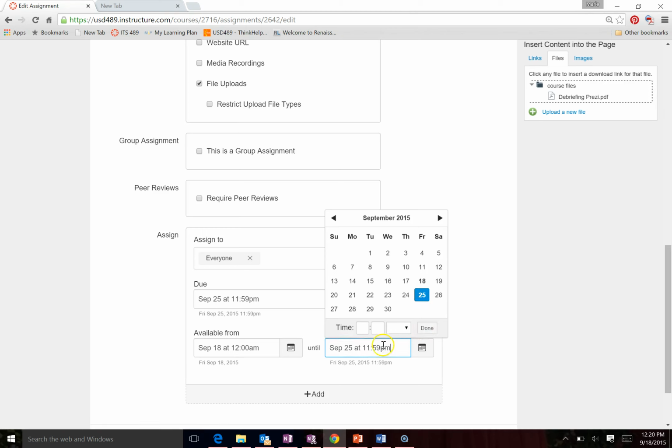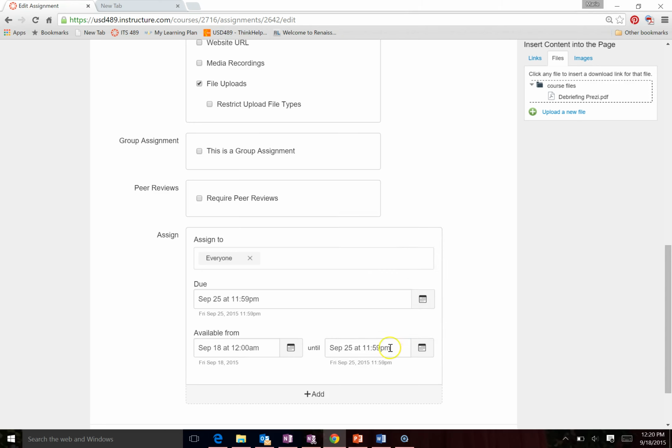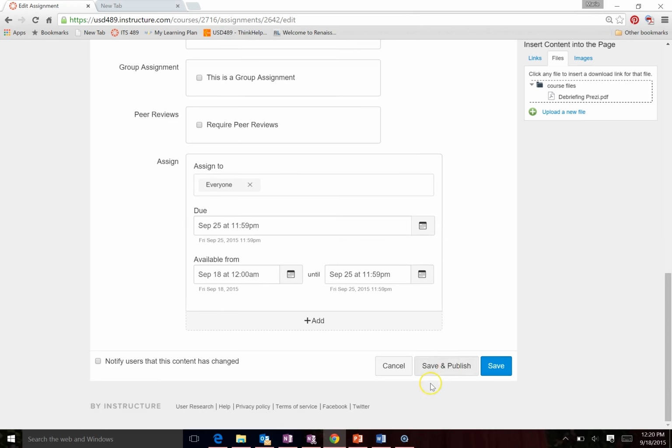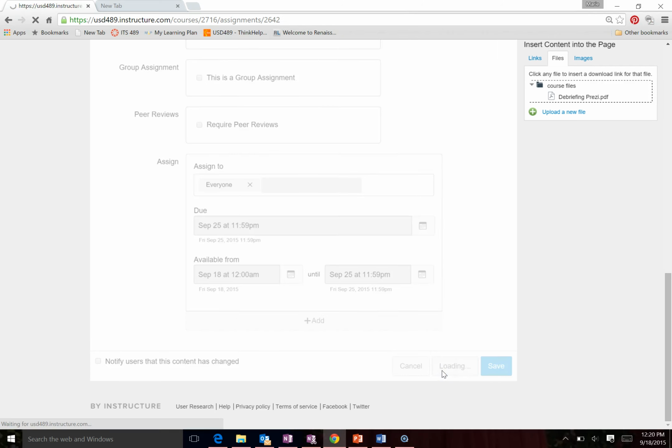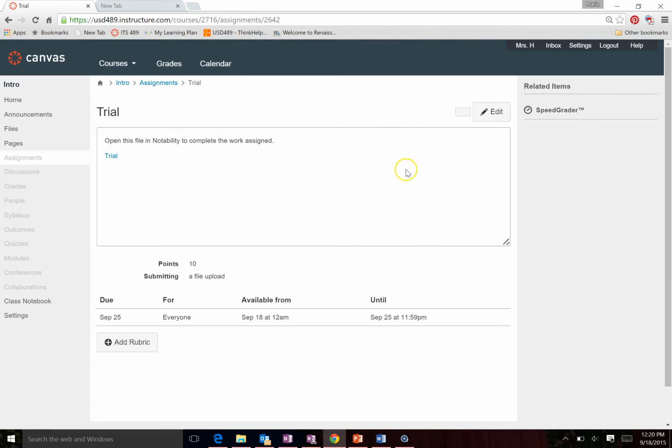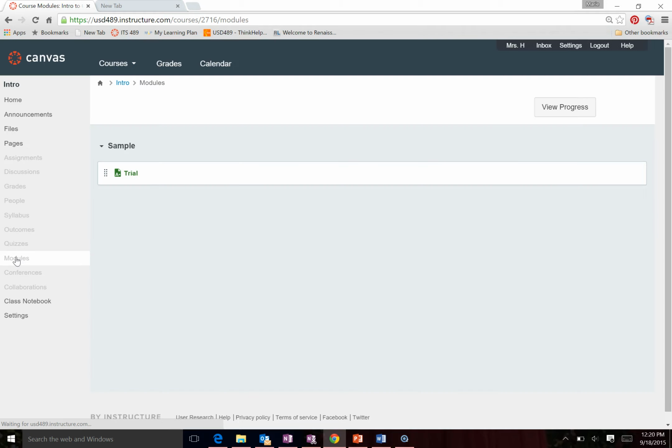Notice again, default time, if you don't tell it something else, is going to be 12 p.m. All right, so we're going to save and publish. And now if I go back over here to my module, you can see that my assignment here is green,